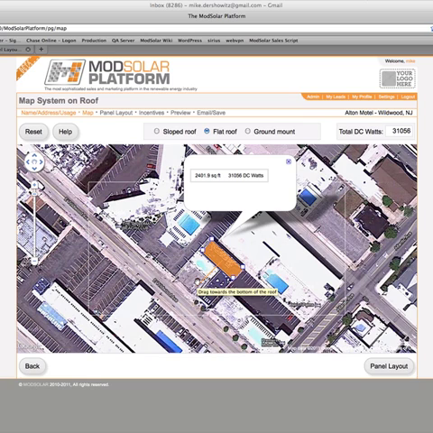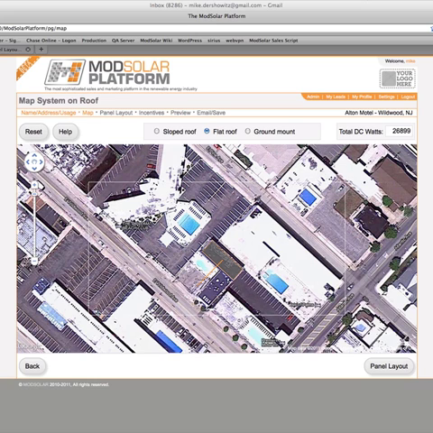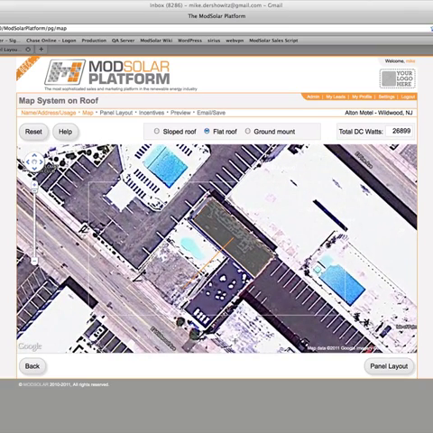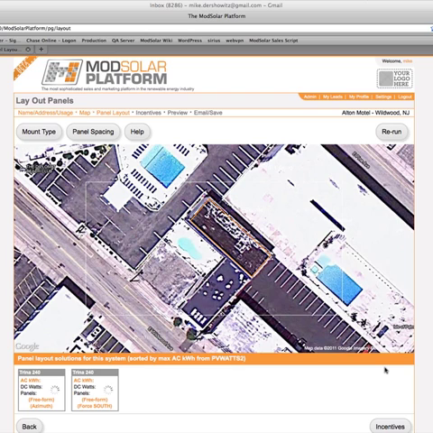And I'm going to change the azimuth to point perpendicular to the long edge of the roof, and this will indicate that I actually want the panels facing, it looks like, about southwest. So now that I've done that, remembering that this box here is what will show up in the PDF proposal, I'm going to zoom in, recenter just a bit, and now let's go have some fun and lay out some